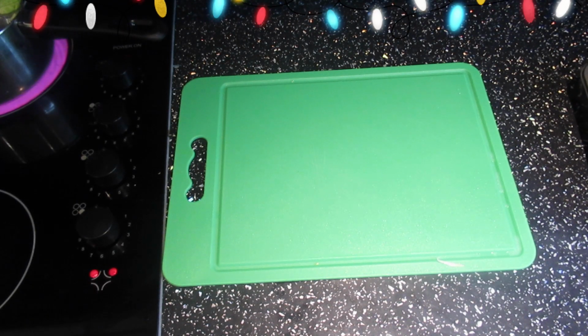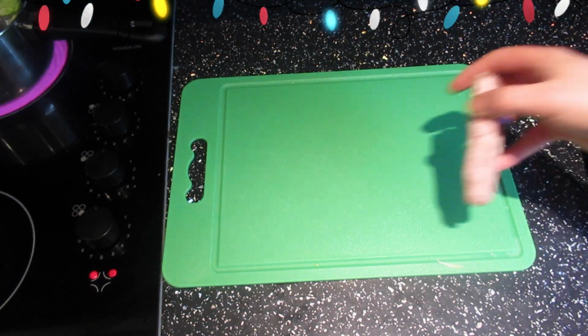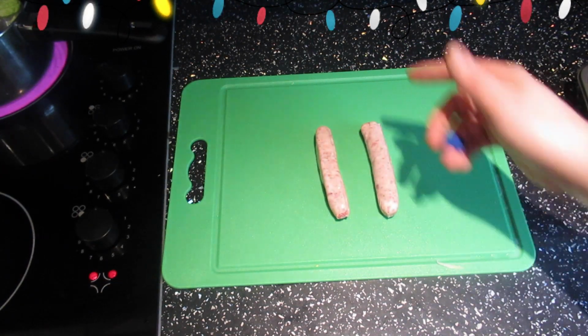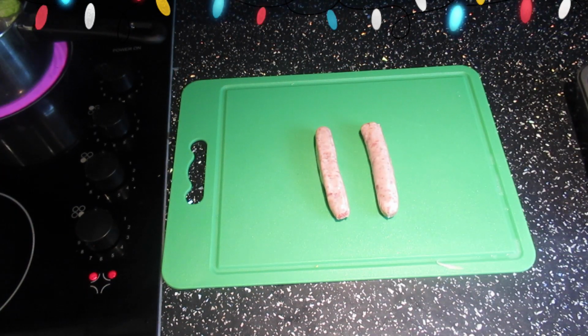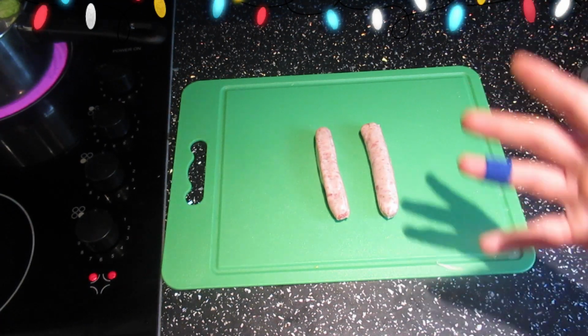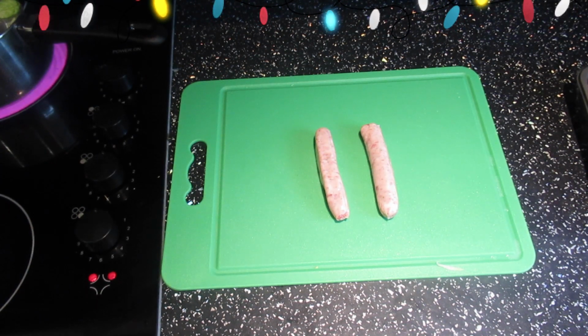Next up, I'm going to do the stuffing. Now, actual stuffing is very carby. What we've got is 2 of these pork chipolatas. 2 of these come in at 1.1 grams of carbs. These are the Tesco Finest Range chipolatas. Make sure when you're buying any sausage you read the back, because some of them are packed, some of them aren't too bad. Split the skins